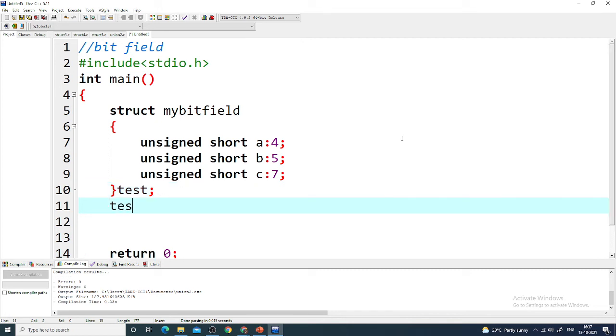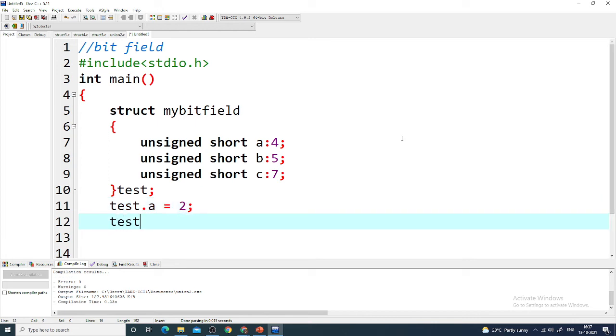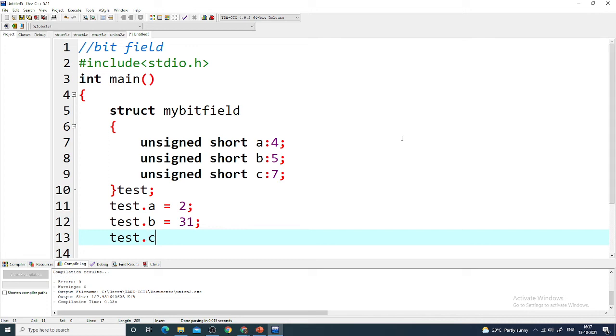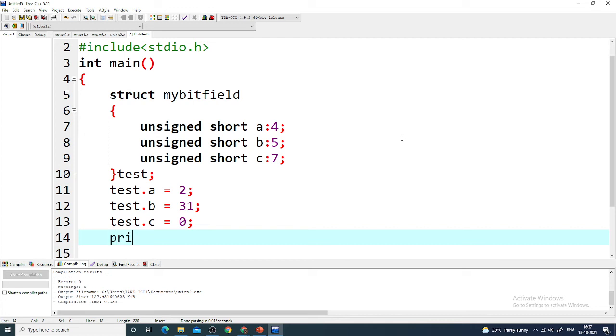Now assign some values: test.a is equal to 2, similarly test.b is equal to 31 and test.c is equal to 0. Now display these values. Write down printf %d and %d